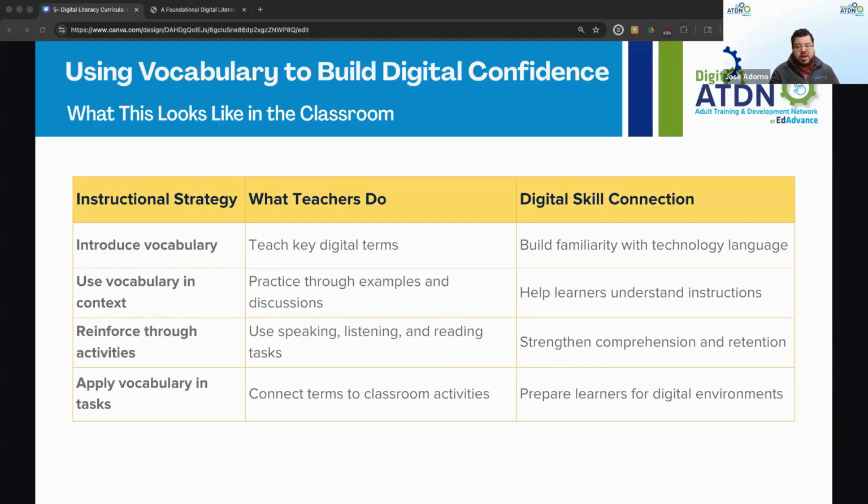You might go online and look up what the bus schedule is and that kind of thing. So you're bringing other relevant topics into that conversation. And then you have apply vocabulary in tasks. If they're bouncing ideas off of that reading text, as an example, having them use that vocabulary and those supporting documents that you're providing.